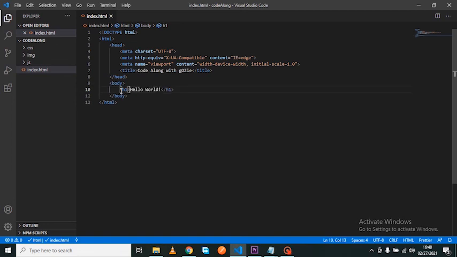Now, from the opening tag to the closing tag, including the content that should be displayed, is called an element. So from here to here is called a H1 element. Remember I said an element includes the opening tag, the content, and the closing tag. One more thing. There's something called an attribute. An attribute is always in the opening tag and is used to provide the browser with extra information on how